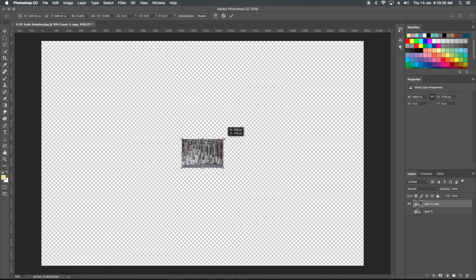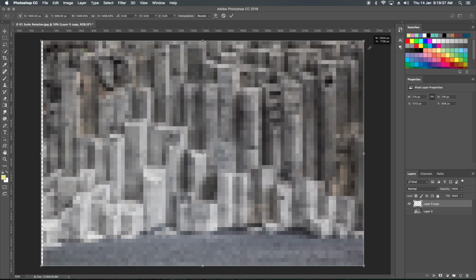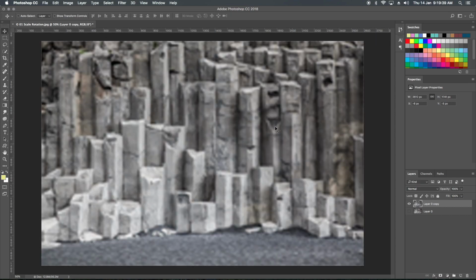Maybe at the time of editing you scaled your images to some lower size, and press enter. Now what if I rescale this image? You can see the image lost quality. This is the point why we want non-destructive scaling.